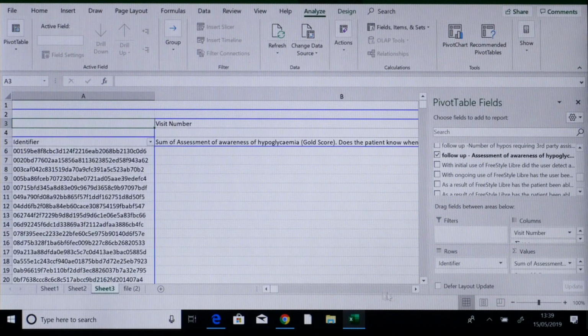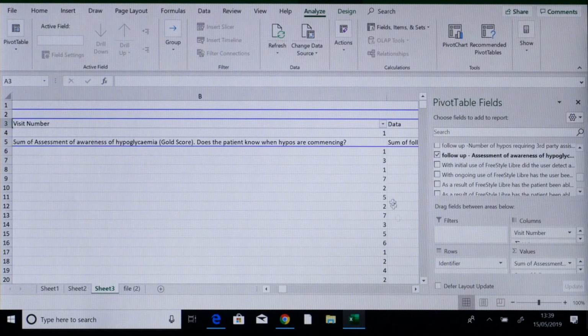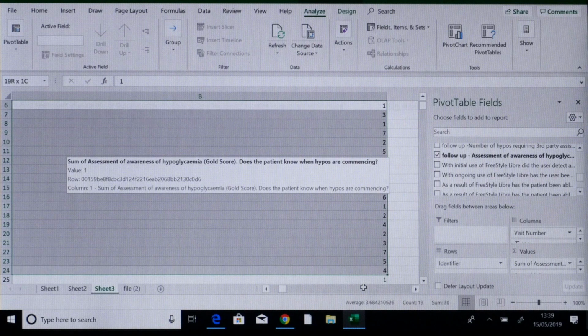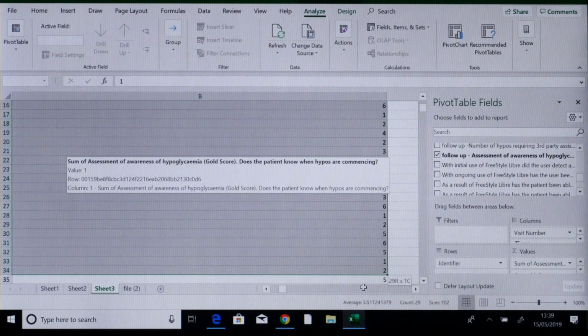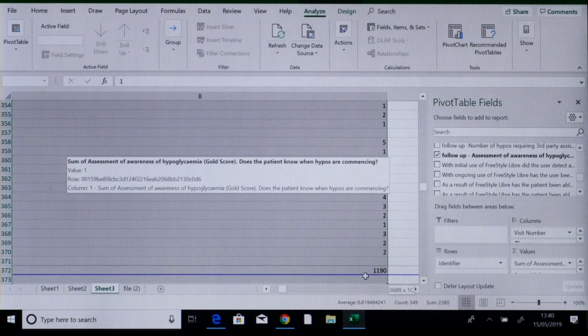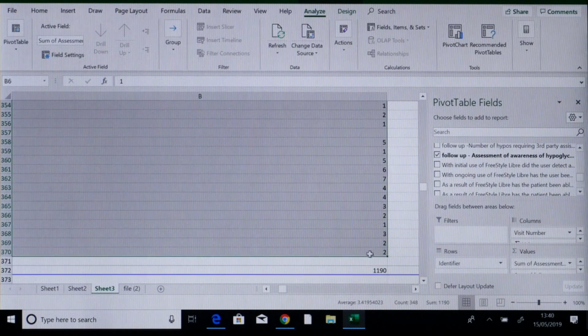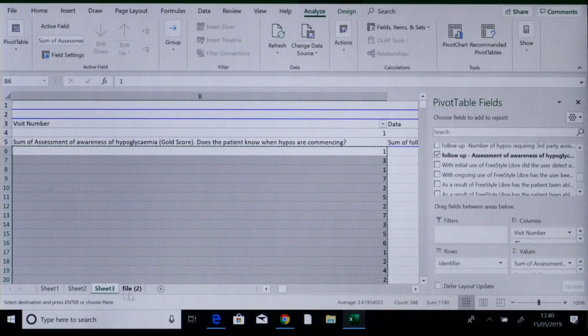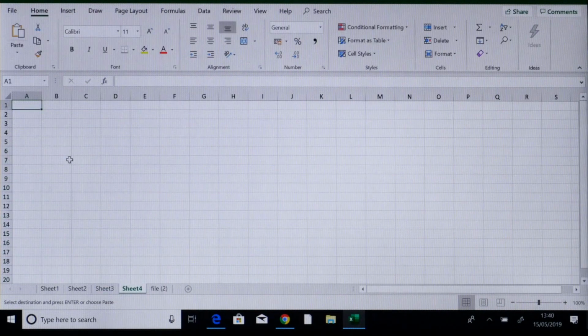So in order to do analysis, I'll have to take this out from this pivot table and cut and paste it into another Excel sheet. So there are about 369 patients in the Derby data. So that's right-click, copy, and I'll add another sheet there. So this, I'll label it